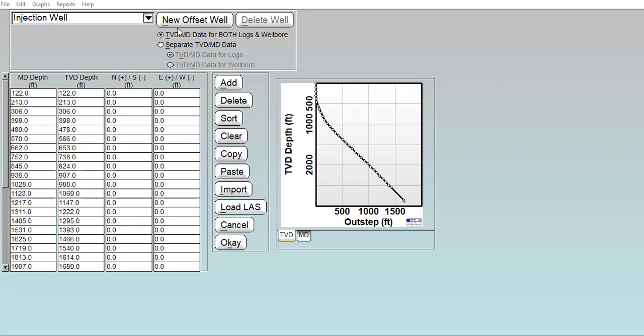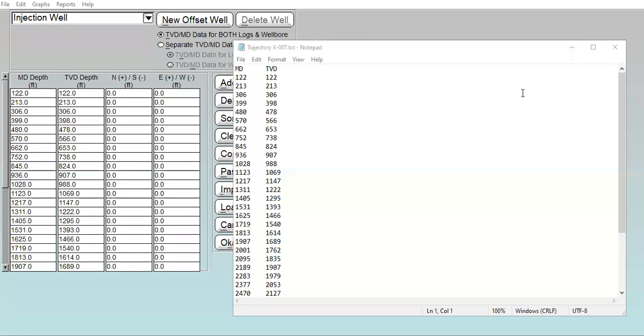this button. Okay, now let's say I've prepared my last data. I can import here by clicking on this button, import button, or load last if you have last data. I want to show you the last data first. Okay, so this is not last data, this is the text file.